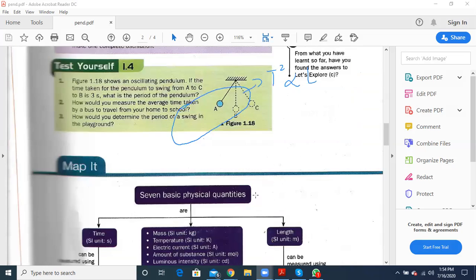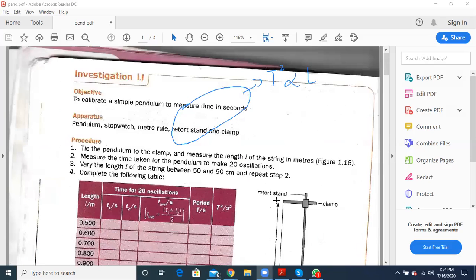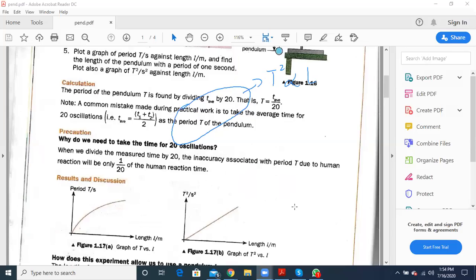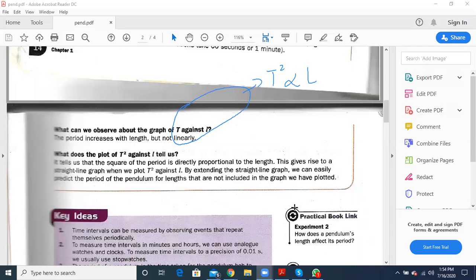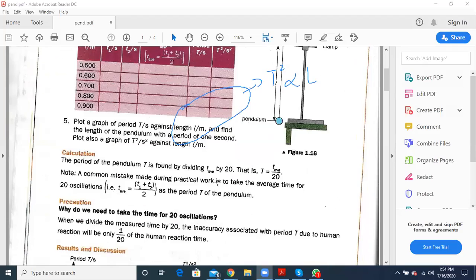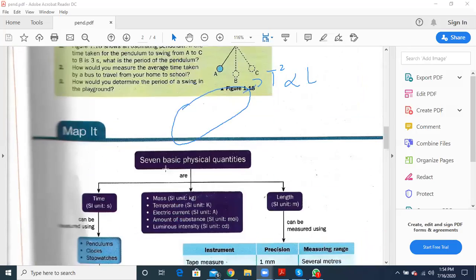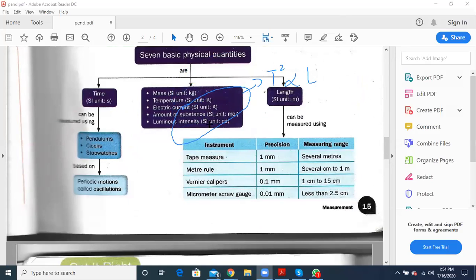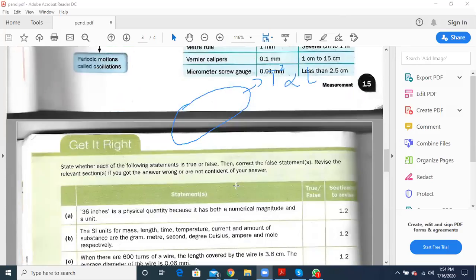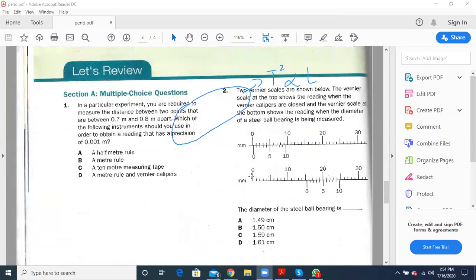I will be giving out this PDF to you so that you can go through this experiment. Over the weekend, you need to read it, and it should be on your fingertips. And then we also have a summary of how to measure time. This is a summary of the whole topic which we have done. You need to do these questions. Can everybody see the PDF?